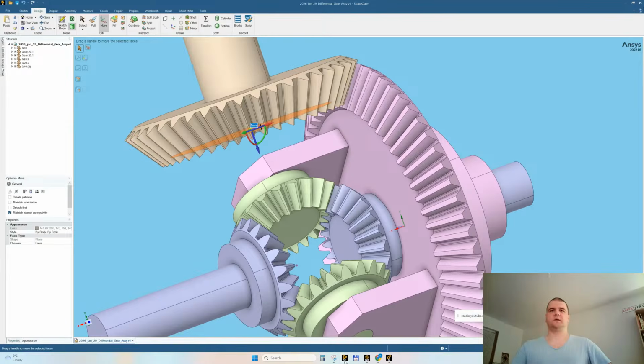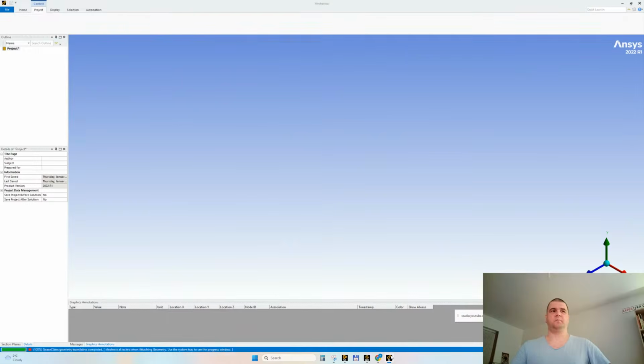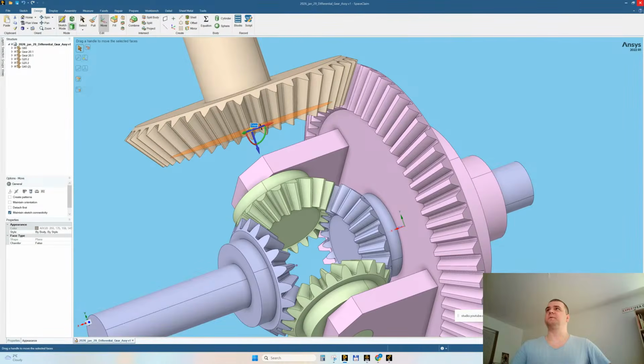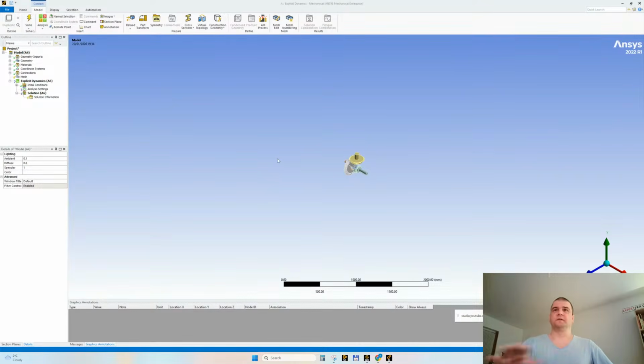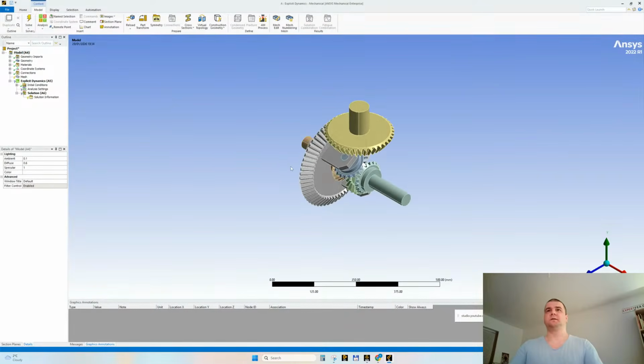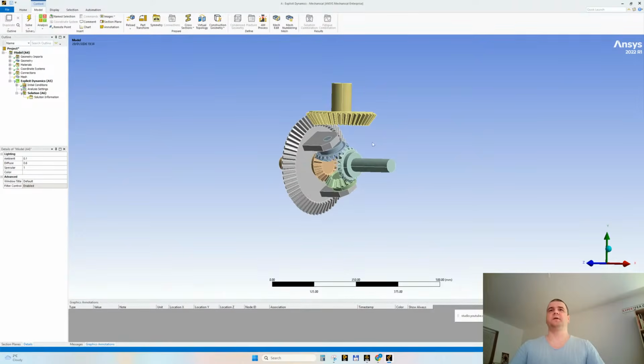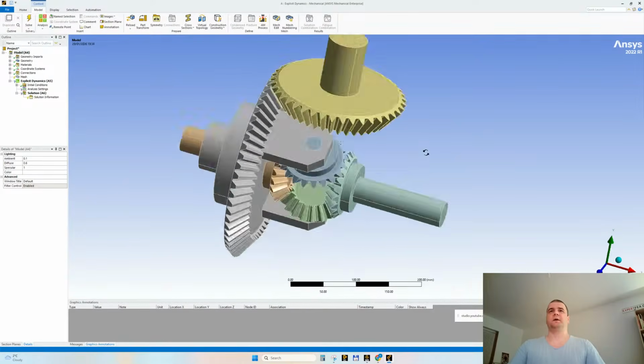This means I can close SpaceClaim. Let's close SpaceClaim. F7 for zoom extents. And we are here. All right, so